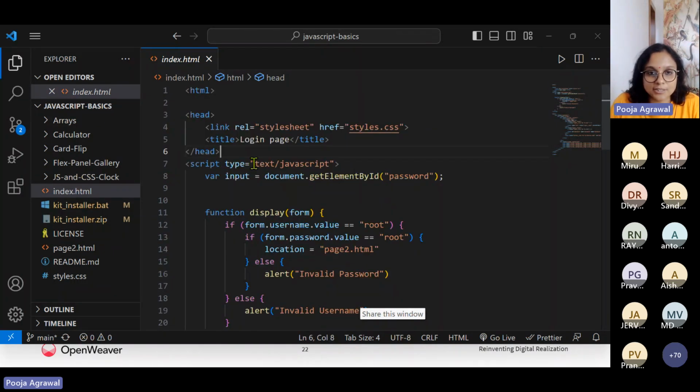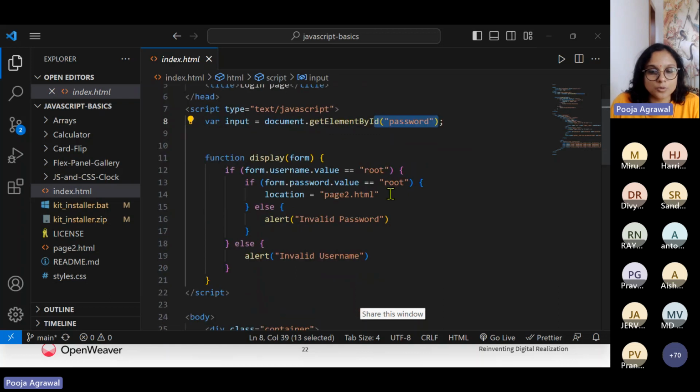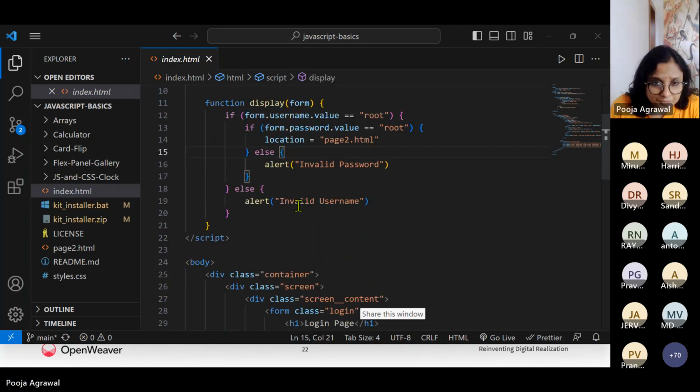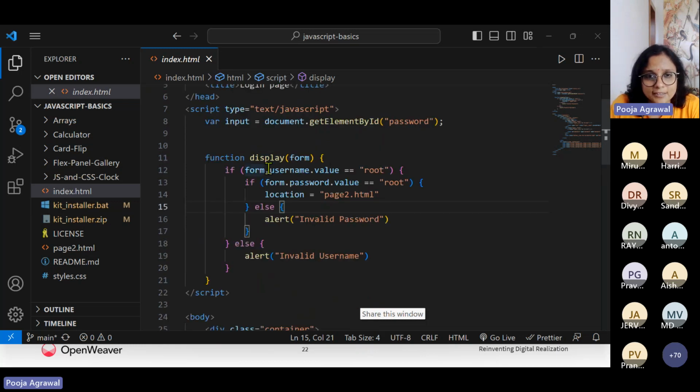And then we see we have a script tag being loaded here. Your variable is your input. And how are we fetching it? We are saying document.getElementById with the password field. So if you see this script tag, there is a simple function called display. Within this display, you are getting the username as well as your password that is being hard coded to the value root. It is being assigned equal to root, and after that you are navigated to your location.